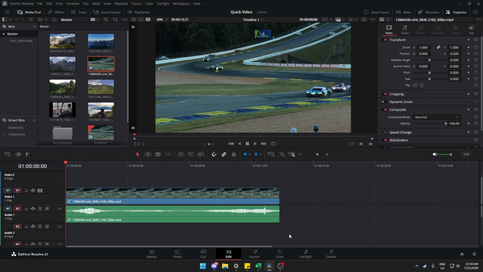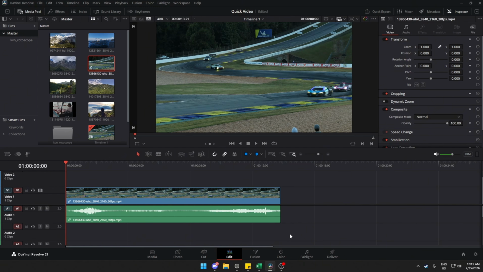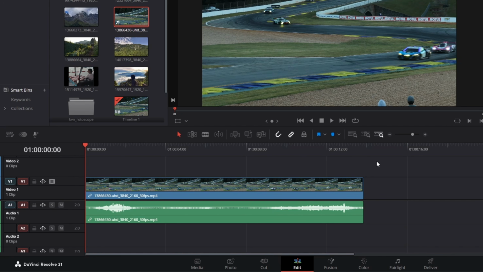Hey there, friends. In this video, I'm going to be showing you how to adjust the volume of a video in DaVinci Resolve. So, whenever you load a video into your timeline with associated audio, you're going to be able to